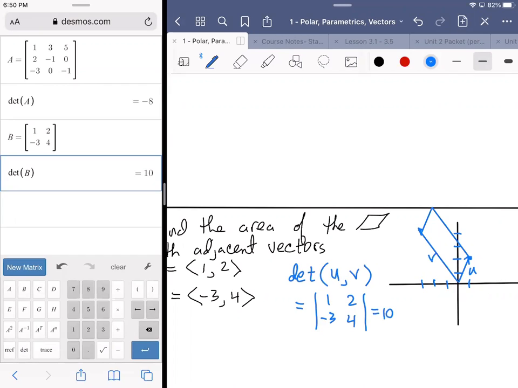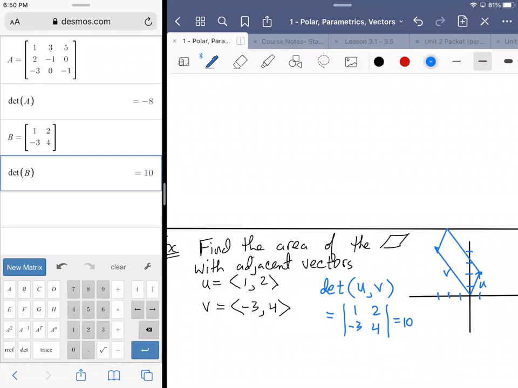Now, there's other ways that we could find this area. One way would be, if we went old school geometry, we could box it in a rectangle and subtract off little triangles. I mean, that would take forever. So we don't want to do it that way. But what we could do is use our magnitude of the cross product technique. That shortcut formula seems pretty nice. It allows us to not have to come up with an angle in between two vectors. So I would just need to know the magnitude of U,